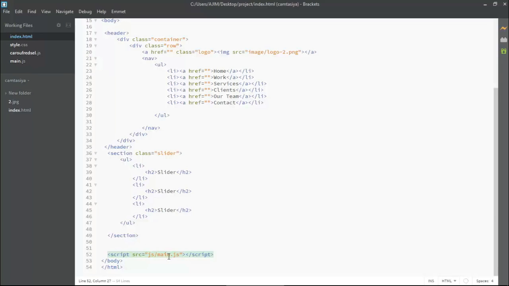Here we have main.js. Okay, so now I'm giving a class to this UL. So this is the UL. Here I'll put an ID and a class. So I'm putting here class like slider carousel. Now I'm giving an ID to it like slider carousel. So this is the ID which I'll be calling inside the jQuery work, which is right here in main.js. So now I'm saving it and coming back to main.js.